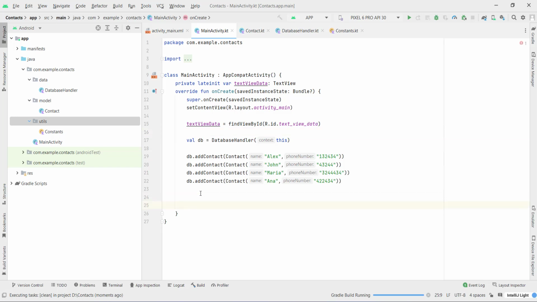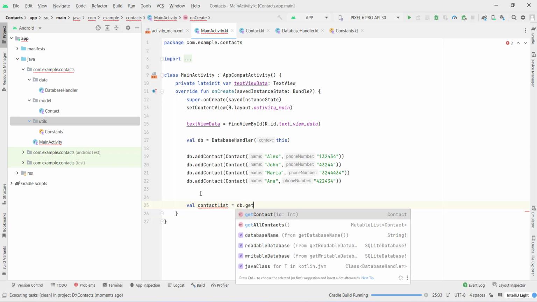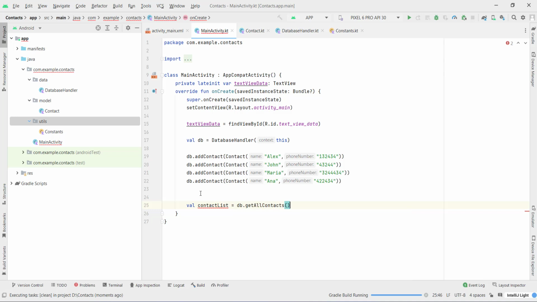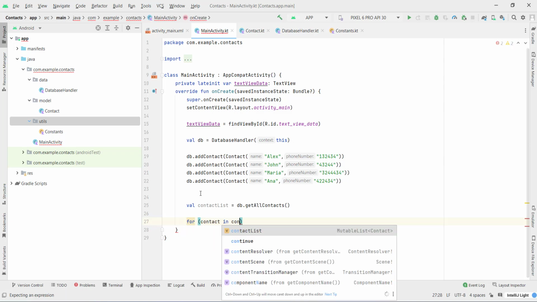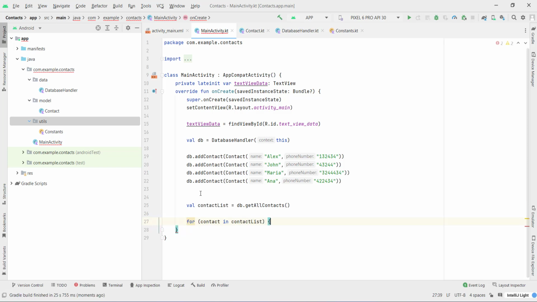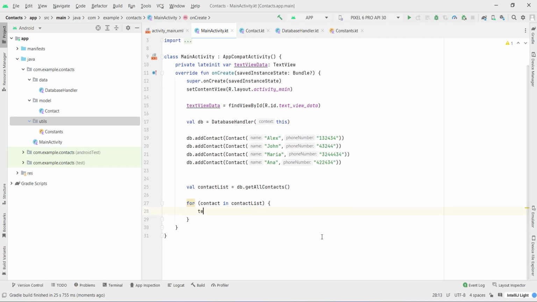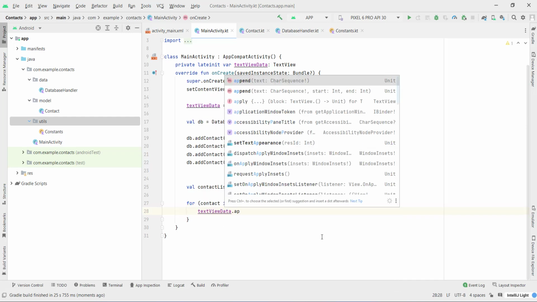Alright, now here I will type val contactList equals db.getAllContacts(), and here I will type for contact in contactList, and here I will type textViewData.append